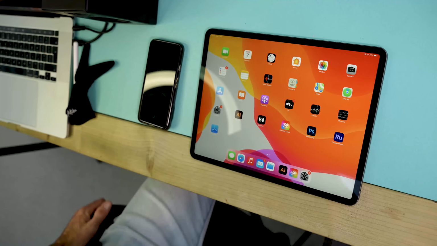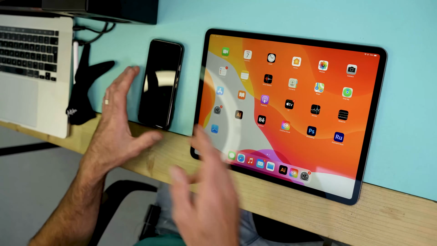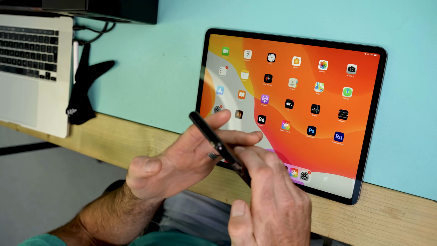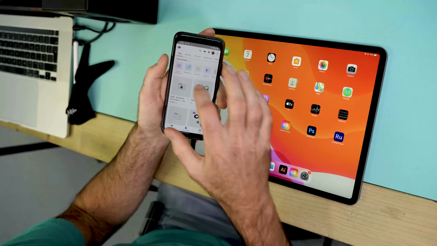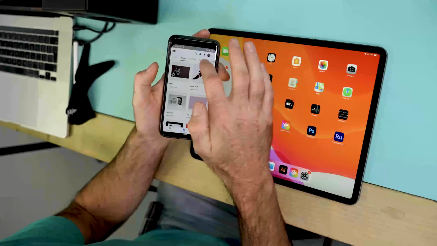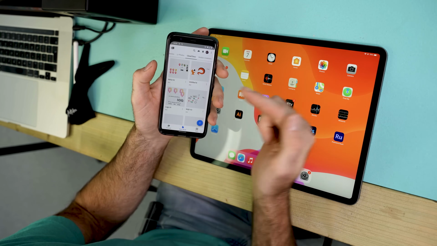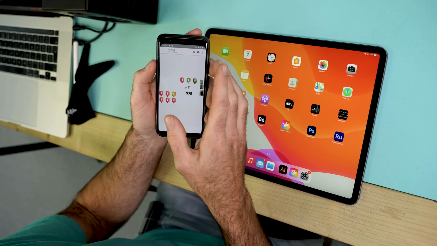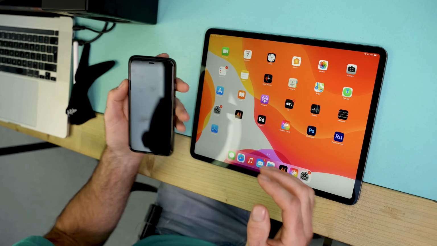All right, so this is my other devices. So my phone, let me have a quick look. Don't look at my code. You can't really see it there, but I've got a Creative Cloud app and I can go to my libraries and I can go to my Creative Cloud Docs, and there he is there. Can't do a lot with them on my phone, share them, look at them, review them, but it gets really